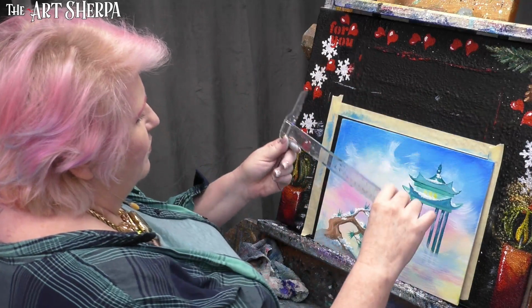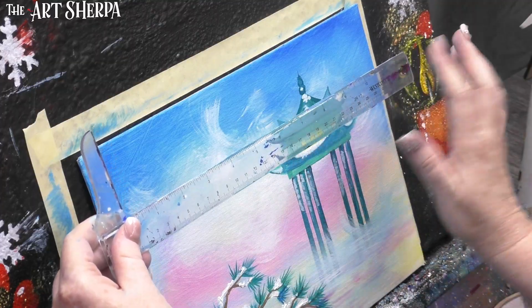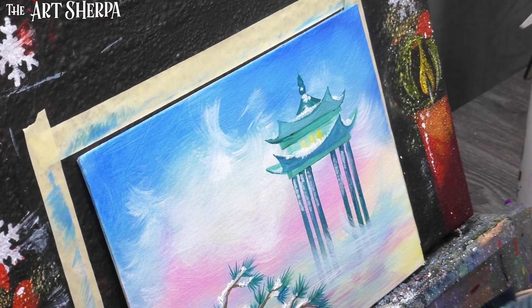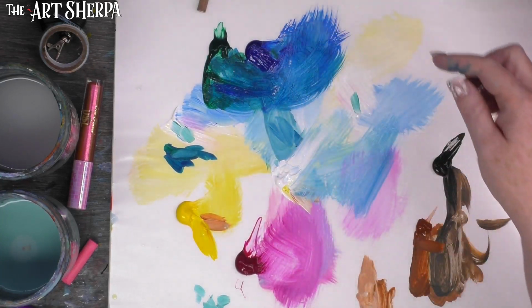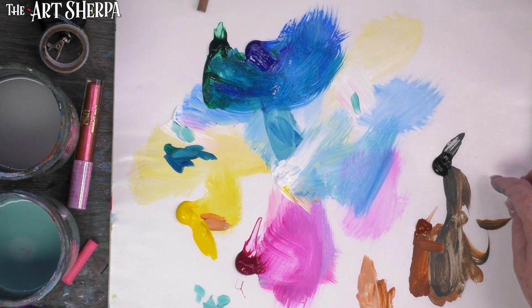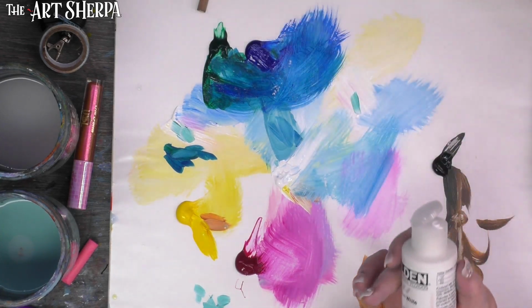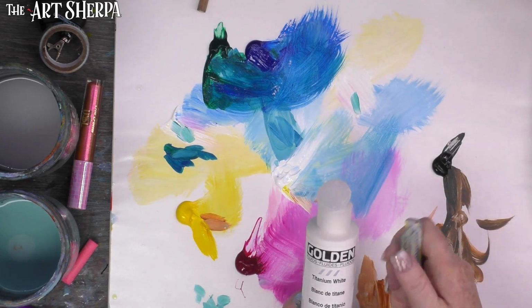I really, really worked the T-square, right? So I have a Westcott, I have an Artist Loft. These are great, just don't pay too much money for them. Colors: quinacridone magenta, cad yellow, titanium white, phthalo green, phthalo blue, Mars black or carbon black, either is fine, and burnt sienna. I'm also going to be using this titanium white here and my splatter tool,